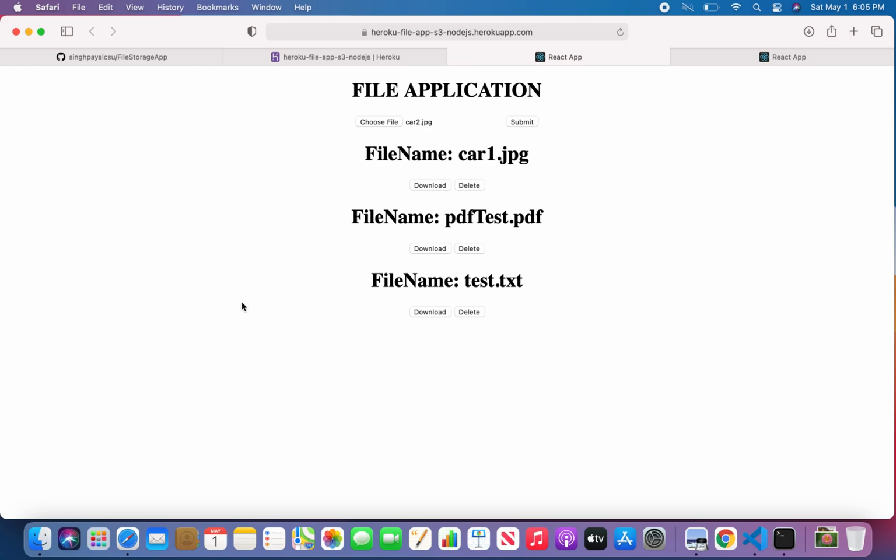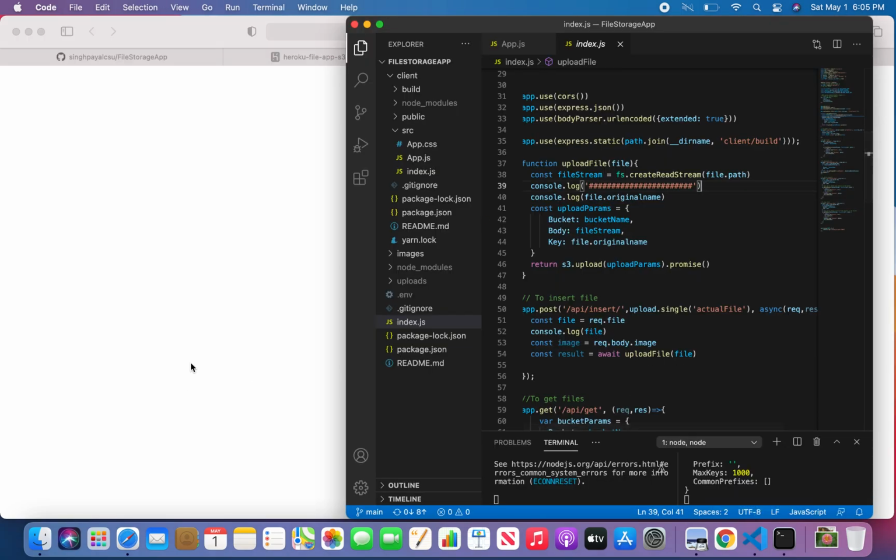And again, the same goes with the Heroku application itself. The client side, the React application, will contact the server, and the server will again try to contact the S3 bucket. The S3 bucket will check its configurations and the user with IAM, and then it will be able to upload the file itself.